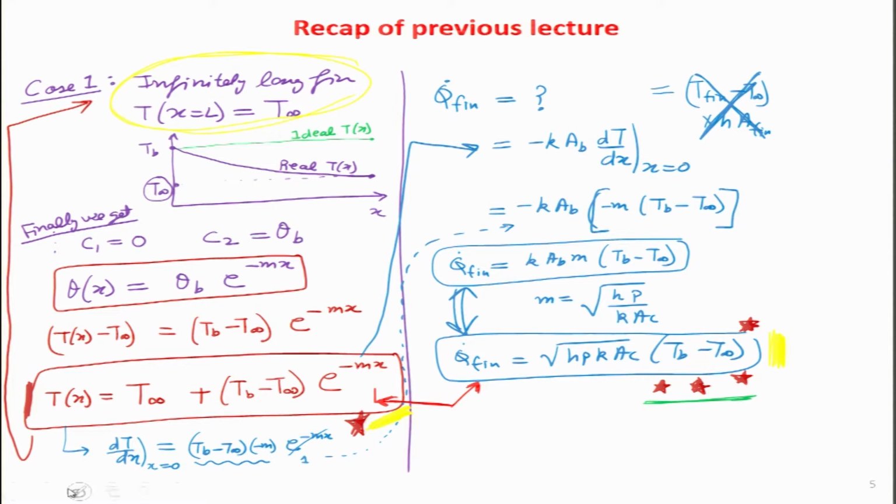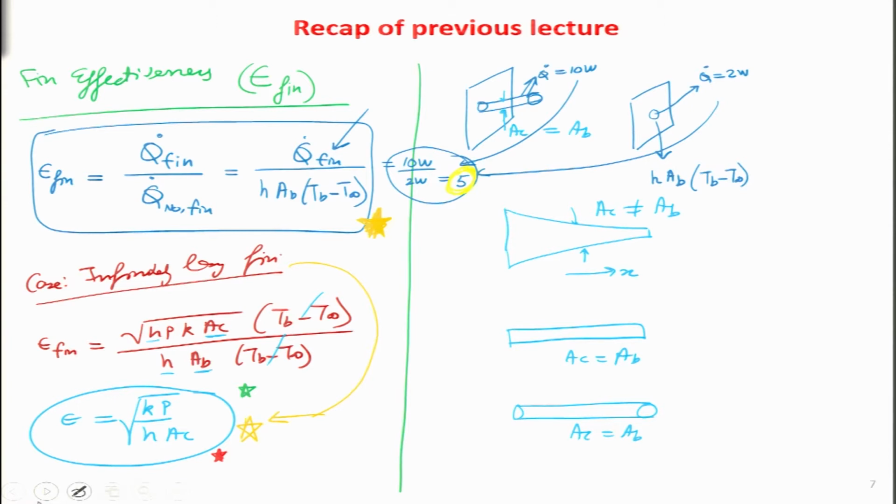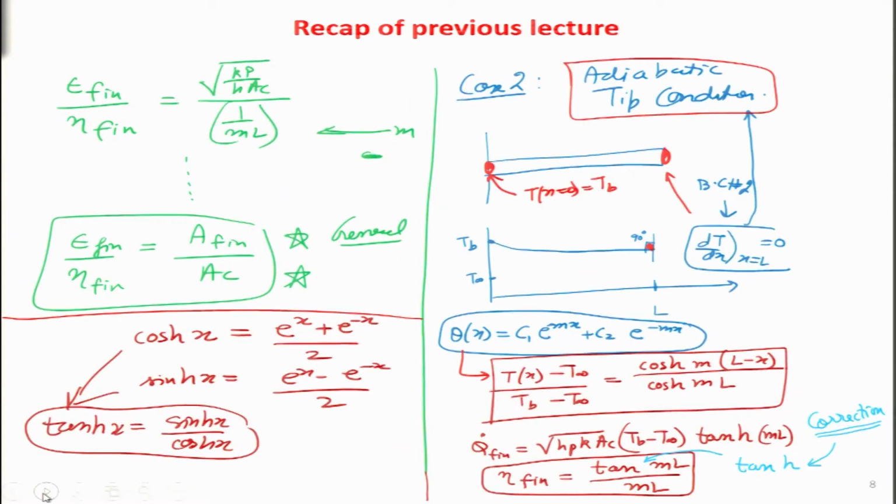So, these are two very important parameters for any given fin. We calculated two more parameters after that. The third one was fin efficiency, and this is something that we did based on this particular ratio, and for this particular special case it turned out to be a very simple expression highlighted in this yellow zone over here. We proceeded to figure out the value of fin effectiveness as well, because that is an important parameter which tells us how much improvement there is in heat loss compared to the no fin condition. And then after completing this case 1, we finished off with case number 2, which was the adiabatic tip condition.